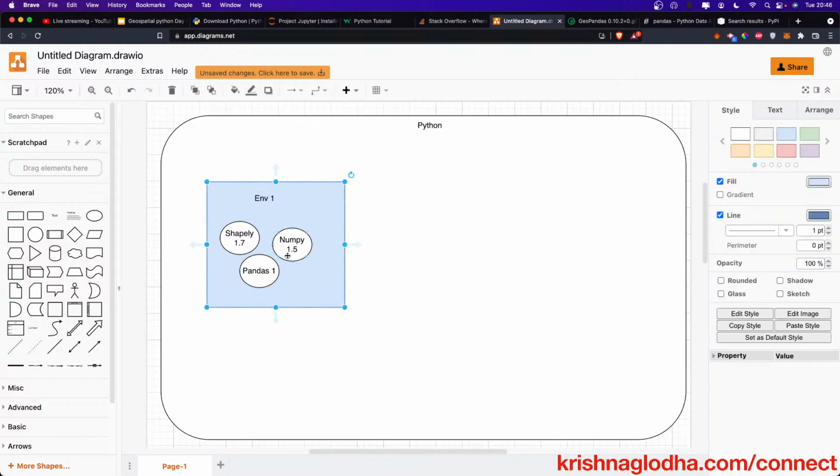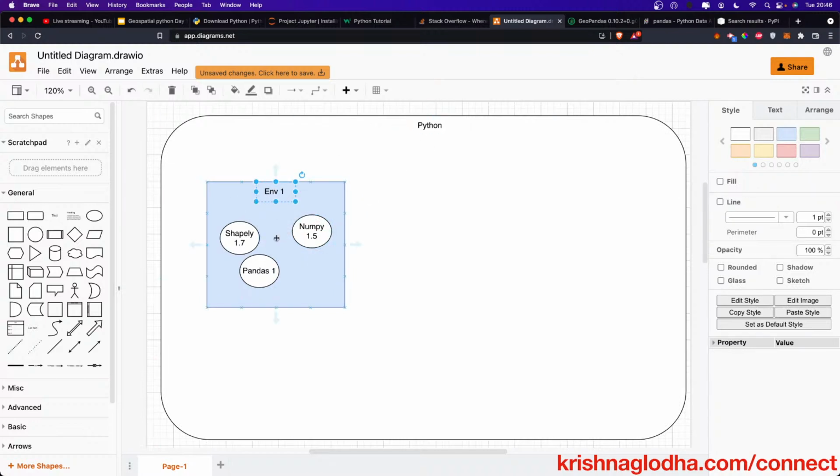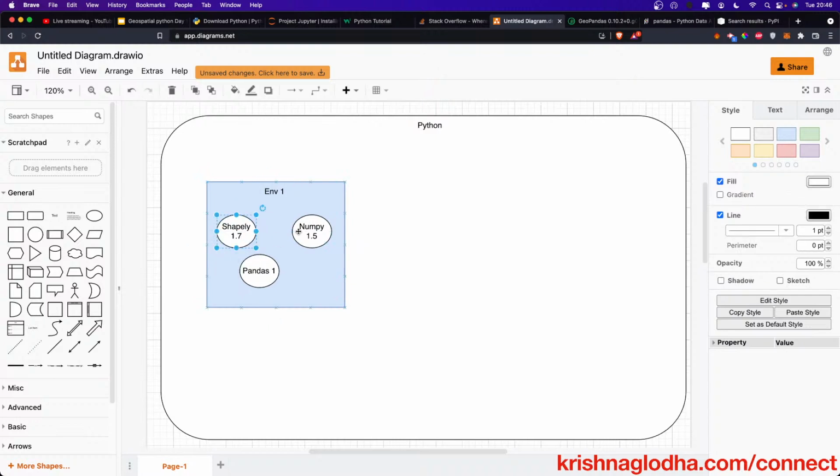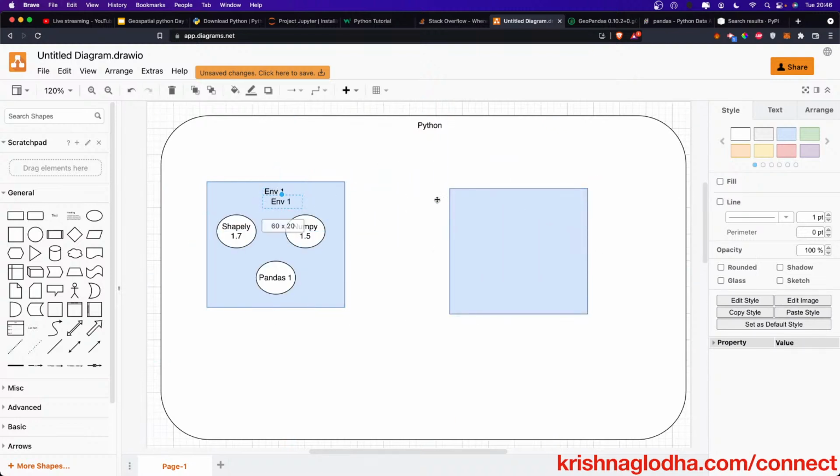So you see, now we have created an environment which is obviously a Python environment, and then we have installed Shapely 1.7, NumPy 1.5 and pandas 1 on top of that. So even though these libraries are installed in Python, they are not installed on the global Python. They are installed on this environment. That means if I decide to create another environment, let's say environment number 2,